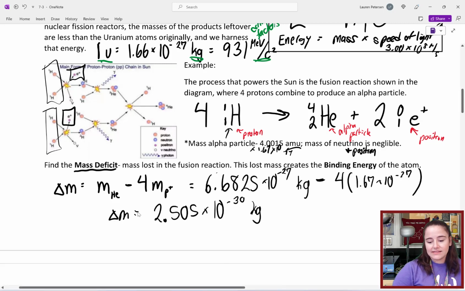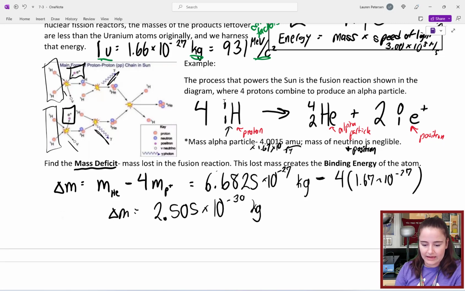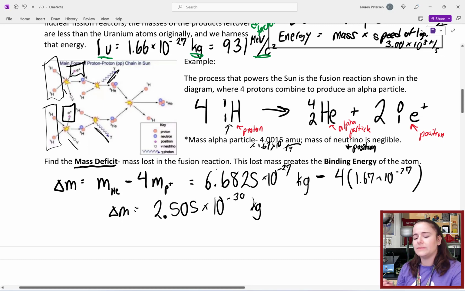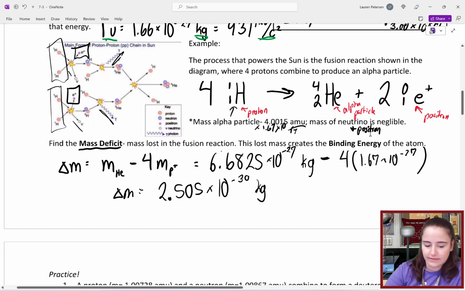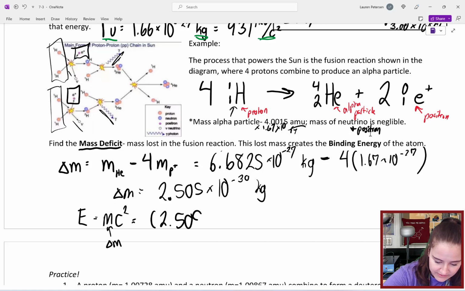That is the mass that turns into the binding energy of that alpha particle, and is the energy of the released photons and neutrinos in that reaction. So some of it goes into binding energy. We typically do that when we have protons coming together to form something, and that lost mass. So then E equals mc squared. This is the mass that turned into energy. Since we have it in kilograms, we'll keep it there with 2.505 times 10 to the negative 30th kilograms times